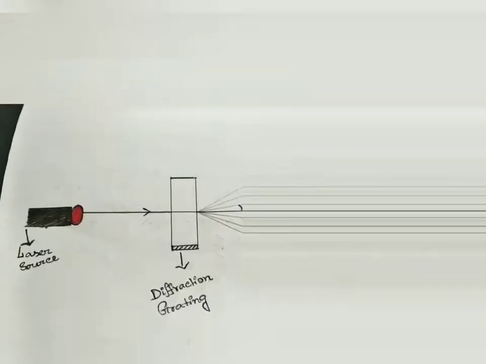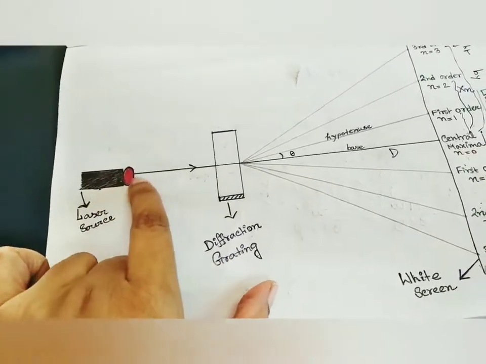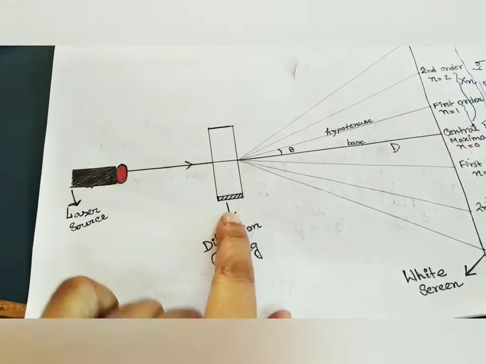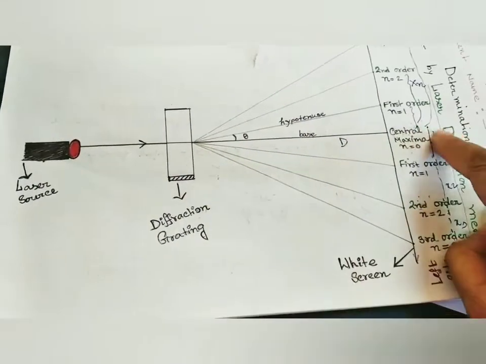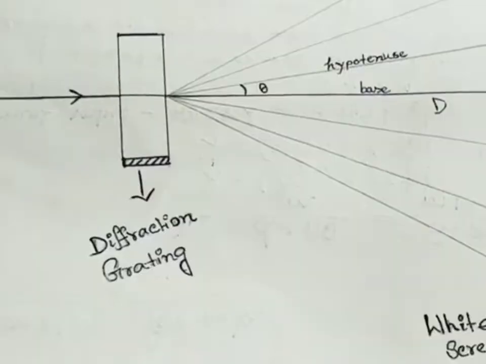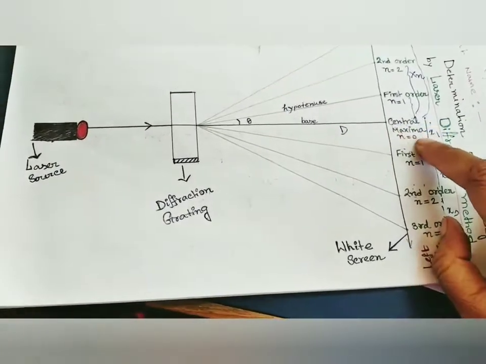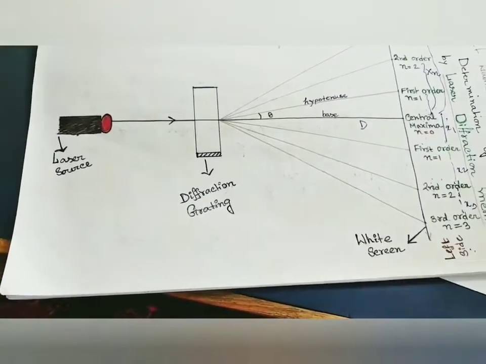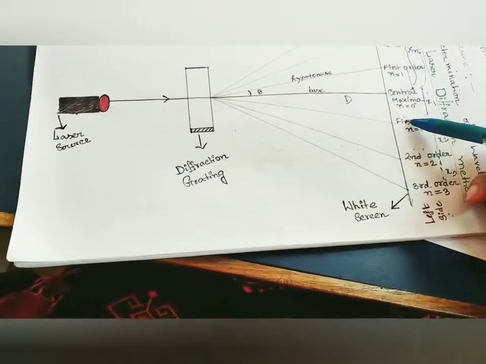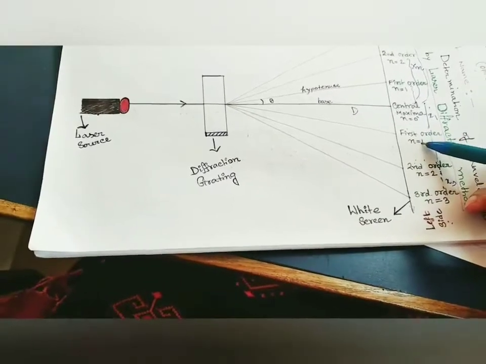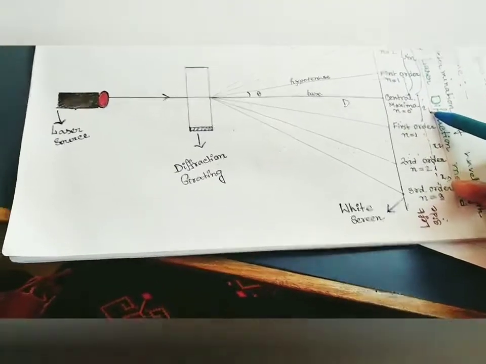The working procedure of the laser is like this: this is the laser source, from where the light will fall on the diffraction grating and will be diffracted to several points. The center point will be the highest and brightest, and will be considered the central maxima of order 0. The closest point away from the center will be considered order 1, and the distance between central maxima and order 1 you can consider x1.